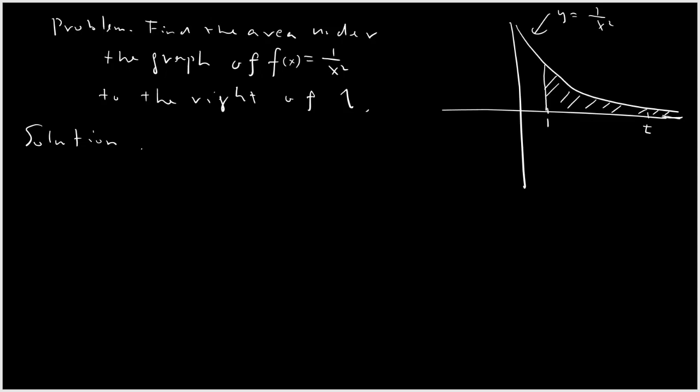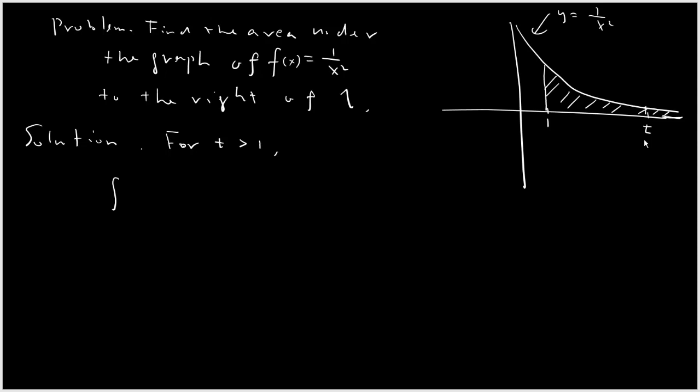So the geometric meaning is the area under the graph from 1 to t. So we'll compute that first. Okay. So maybe for t value greater than 1, now we make t to the right of 1. Okay. We compute the area under the graph of the function from 1 to t first. So geometrically, we need to compute the